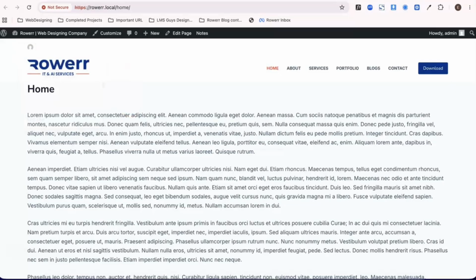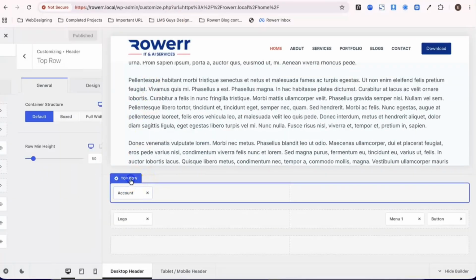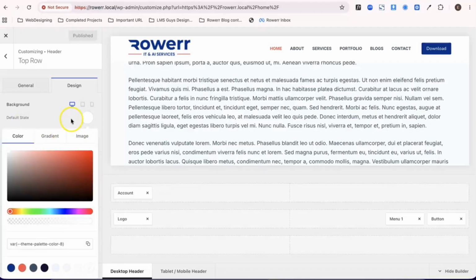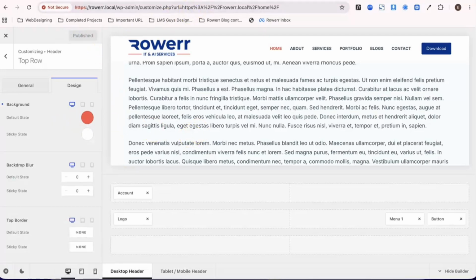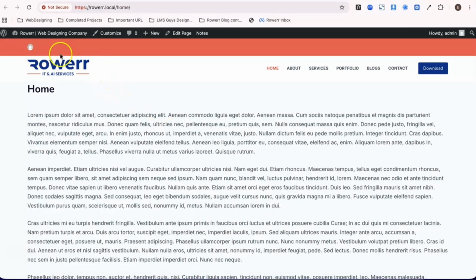Let's make it prominent, let's go back, and this time we'll go on it. In the design we have default state and sticky state. Okay, default state, let's make its color this one for the default state. Now let's go back, refresh the page. Here you can see,